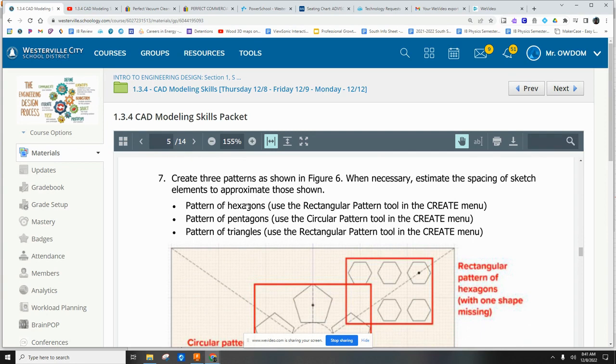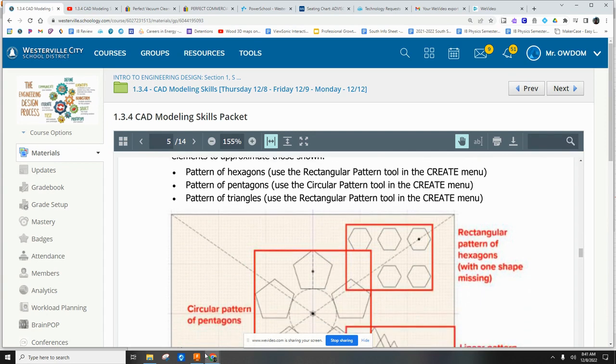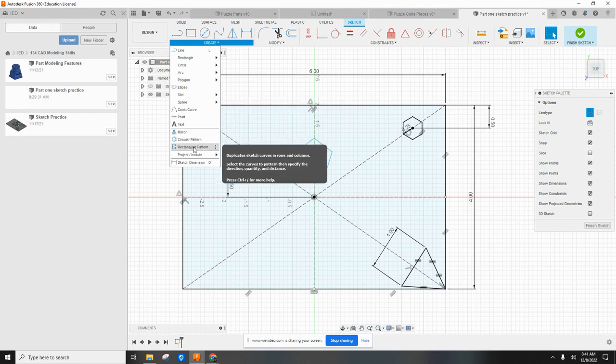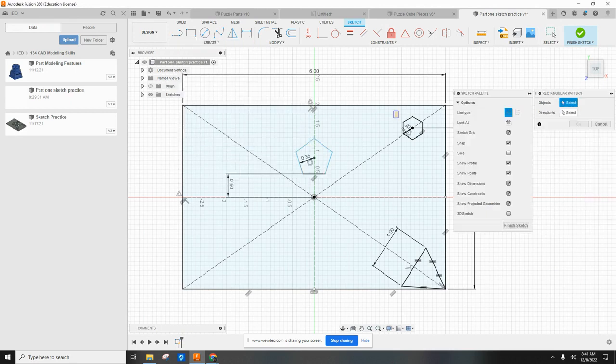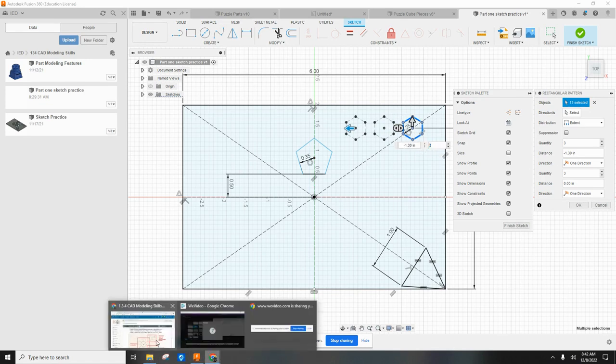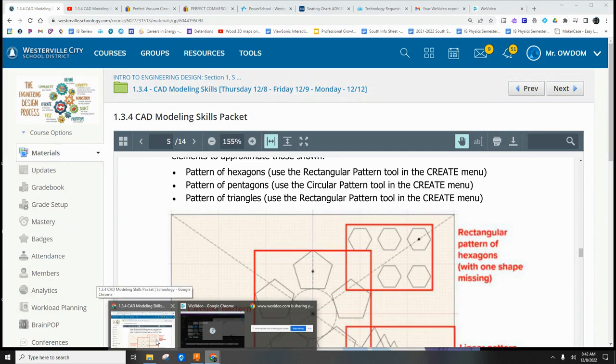Since this one's the first one, we'll do the hexagons first. I'm going to click escape, go to create, and go to rectangular pattern. We are going to highlight this. Immediately it gives us 2 arrows and asks what we want to do. We grab an arrow, and notice how you can move it over. Since there are 3, if we look at what we're supposed to have a total of